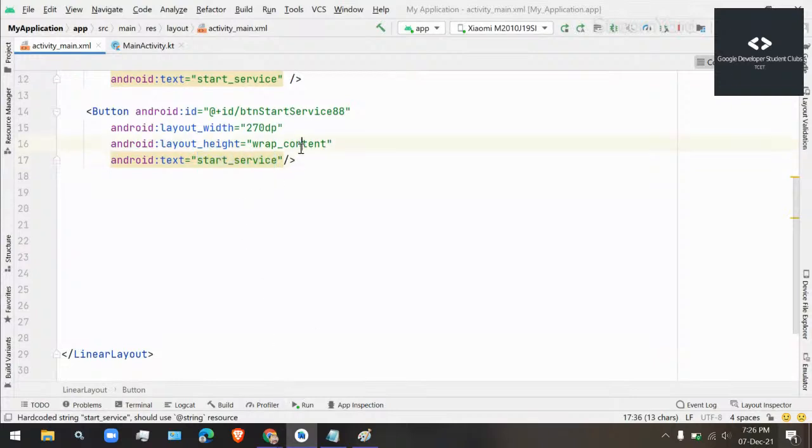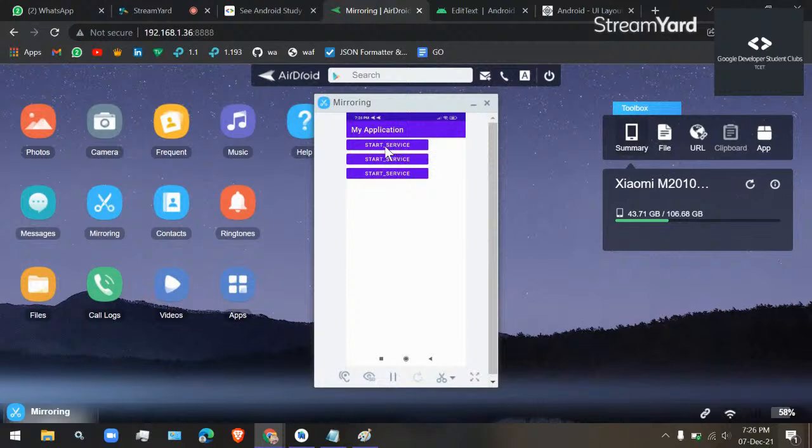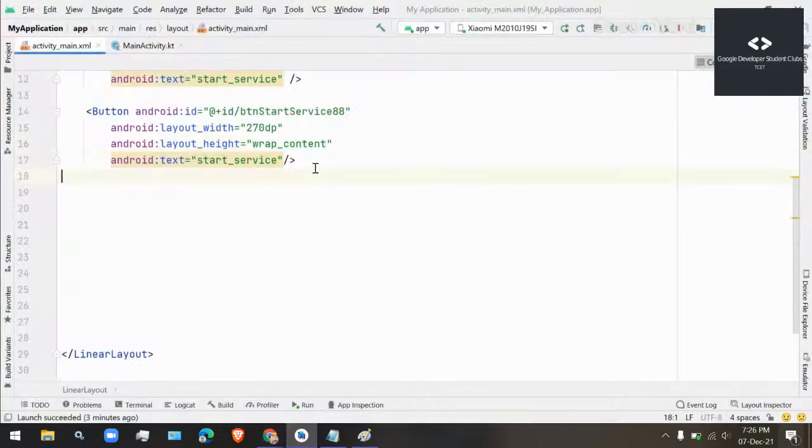So here the height is set to wrap content. What happens is, you can see that there is excessive width from both the sides, left and right, but there is no excessive height. The height is minimal. It is just wrapping the content. As much as this start service text needs, only that much height is consumed and nothing else. So now if I just change the width to wrap content too,